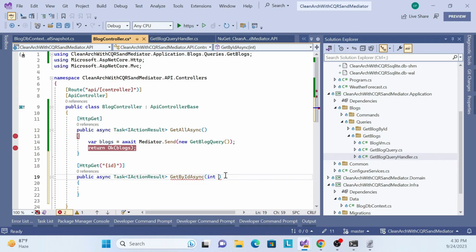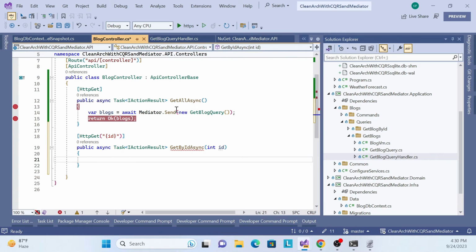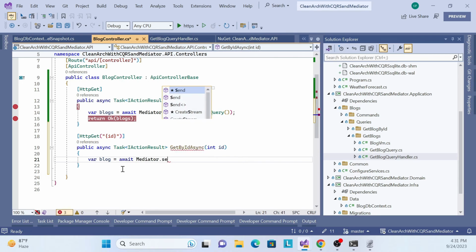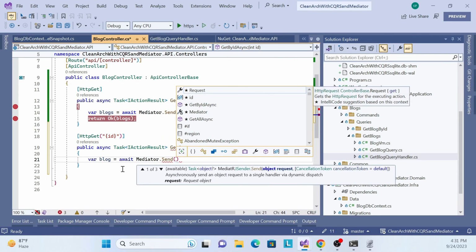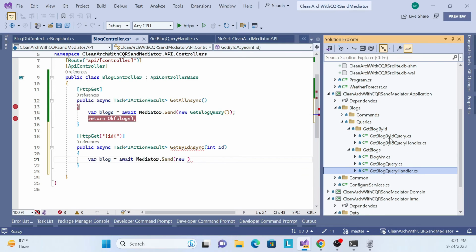Okay, we have to pass the same name whatever we have used over here. Okay, so id, and then similarly again, we have to store the data, we have to create a local variable like blog, and then call our mediator. Okay, mediator, call that query, mediator Send method,